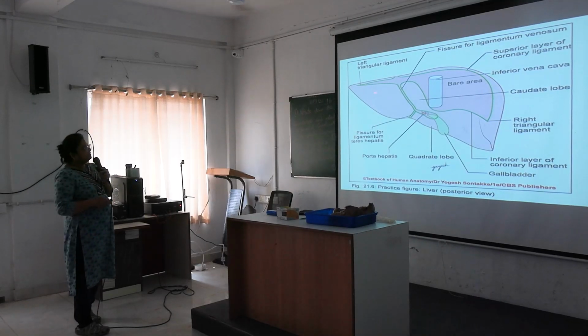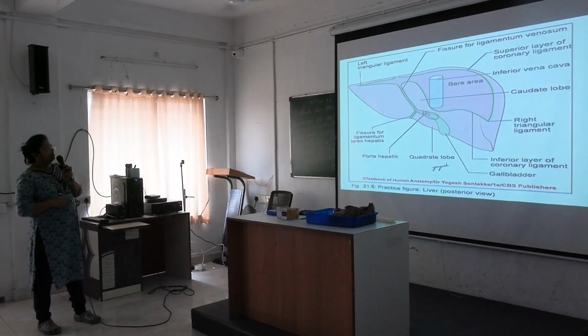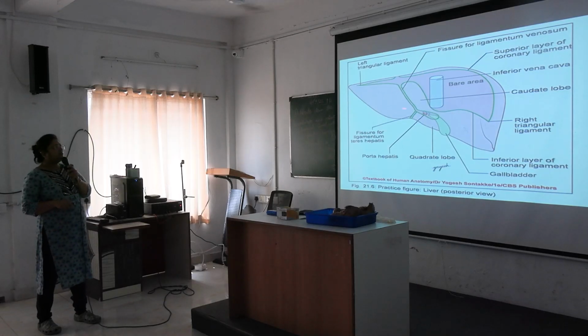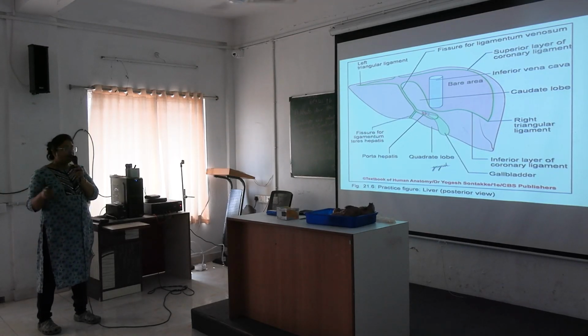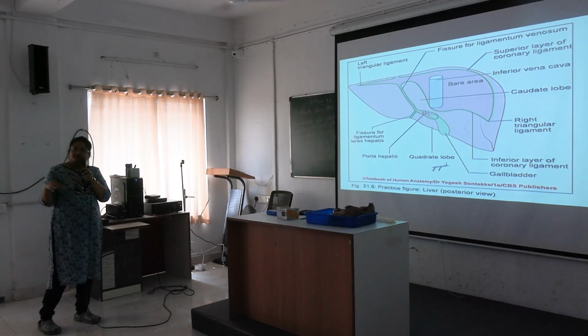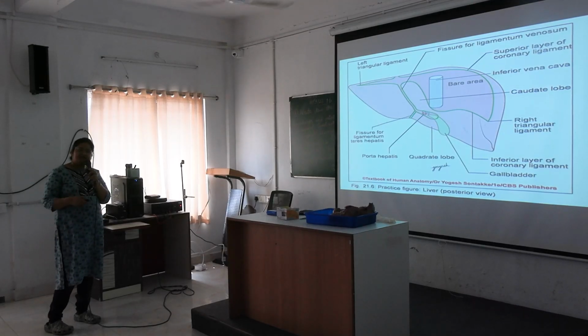Okay, and this is the visceral surface. Here we will get other impressions. So here is the esophageal impression. Below it, here will be the gastric impression. Okay, and in this area you will see an elevation, that is tuber omentale. Okay, here is the quadrate lobe. Over the quadrate lobe, pyloric end of stomach and first part of duodenum is lying.